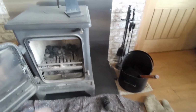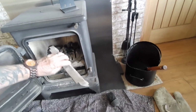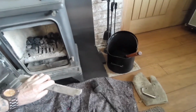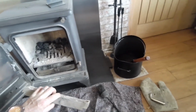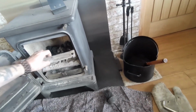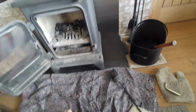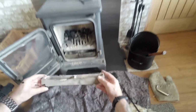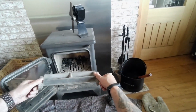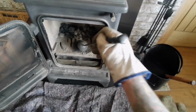Okay, just put that brush there. I'm going to first take this bit out. Okay, and let's give it a clonk. Oops, into there. Okay, so remember which way this goes in. I'm going to put it down that way and put it safely out the way over here. Okay, so just carry on cleaning this out as much as I can